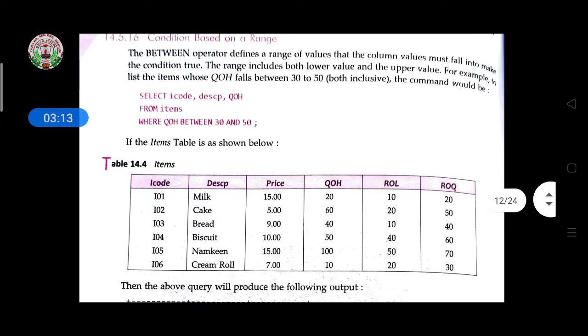The items whose QoH falls between 30 and 50 will be displayed.